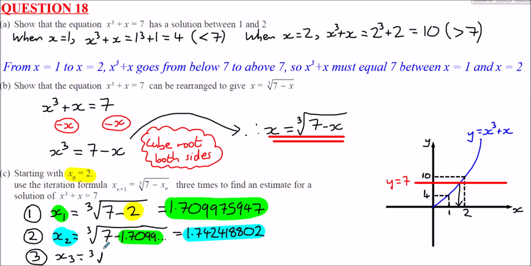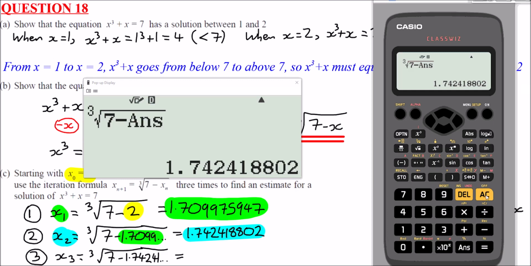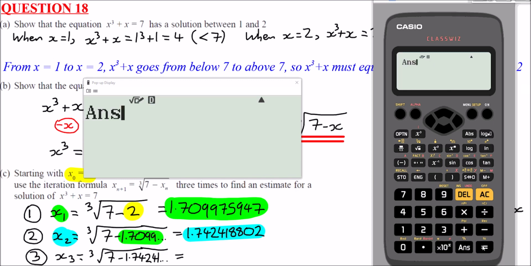That's going to be the cube root of 7 minus 1.74241, etc. So again, we can just use the previous answer stored to save some time. So Shift, cube root button, 7 minus my previous answer,